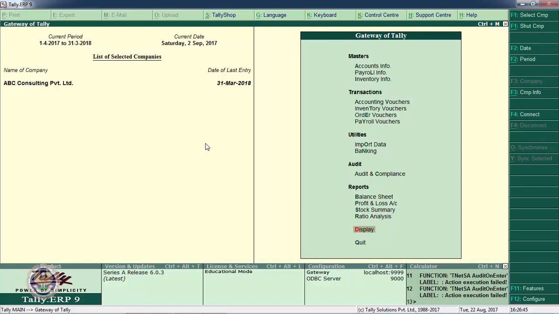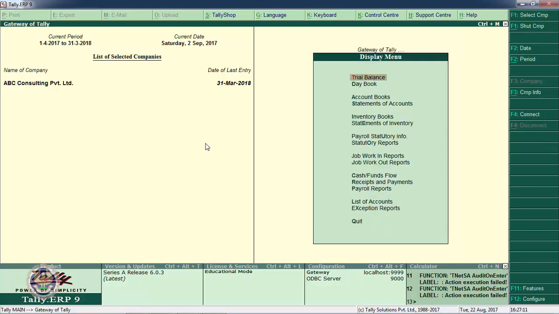All the sales vouchers relating to footwear, all the sales vouchers relating to gold will be segregated, and a separate profit and loss account will be prepared by Tally for each vertical. Cement profit and loss account, footwear profit and loss account, and gold profit and loss account. These three profit and loss accounts will be prepared by Tally separately, and you will be in a position to identify or know the profitability of each vertical. How can it be done?